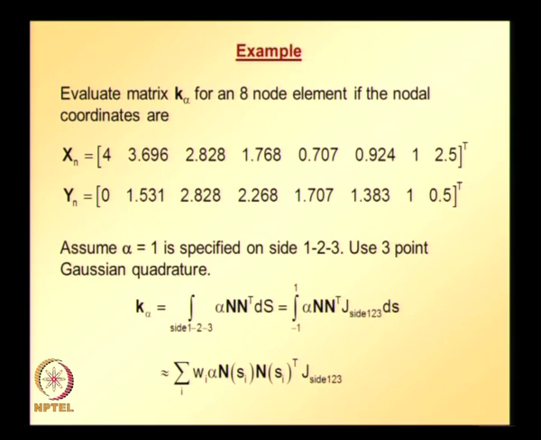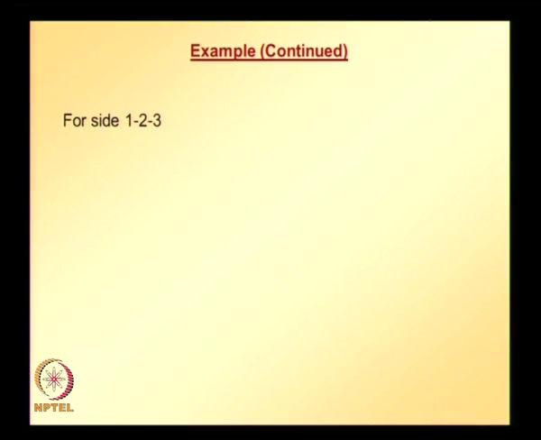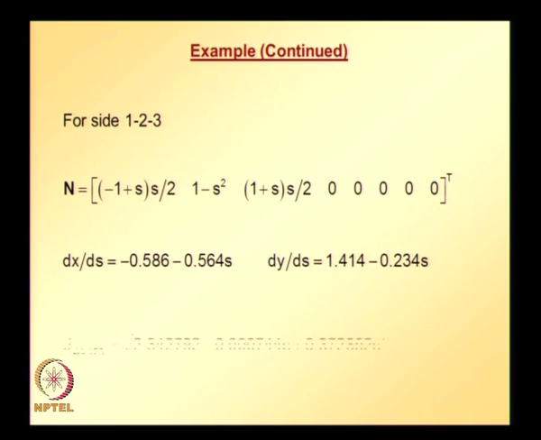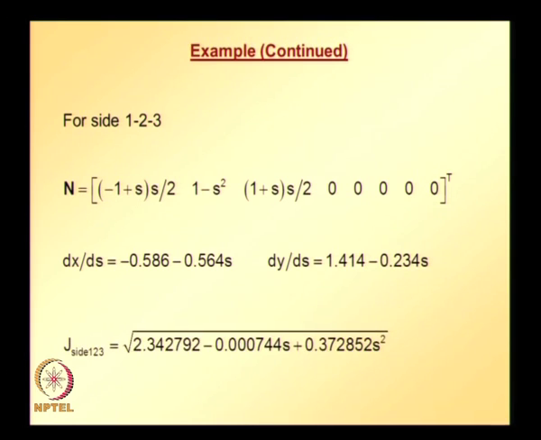For that we require the shape function vector along side 1 2 3. The shape function vector along side 1 2 3 is given by this, and also the derivative of x with respect to s and derivative of y with respect to s is given by this. From there we can find the Jacobian,